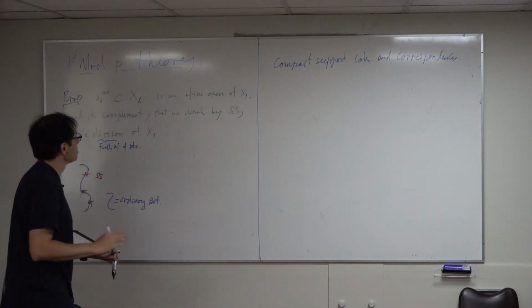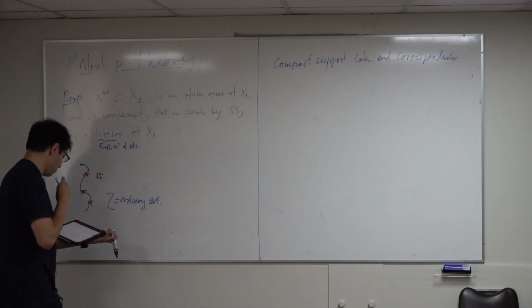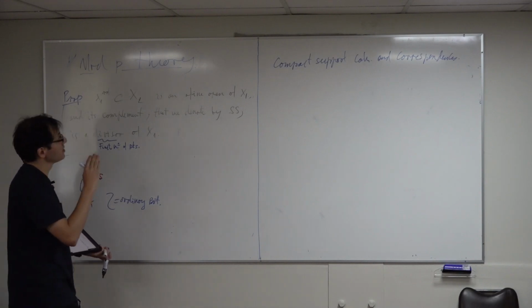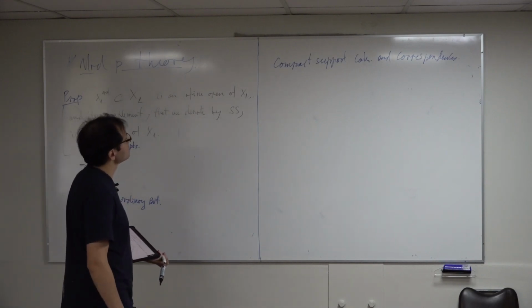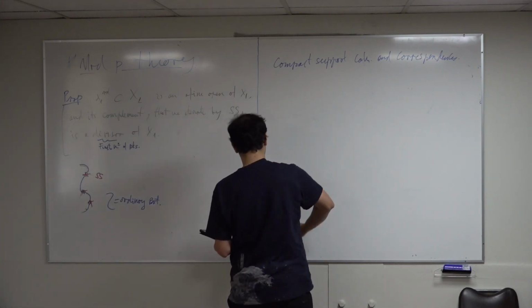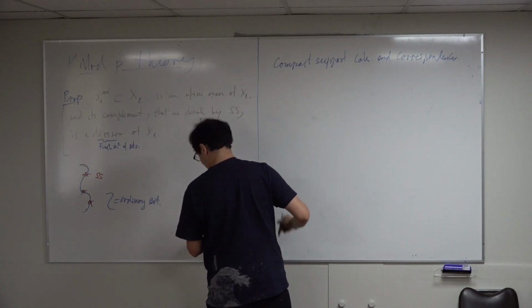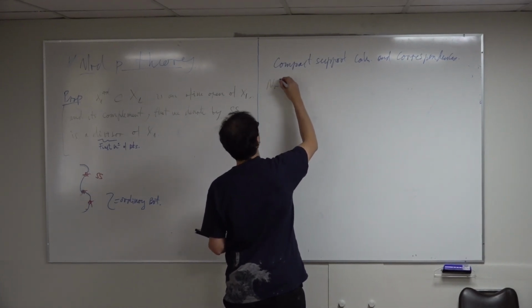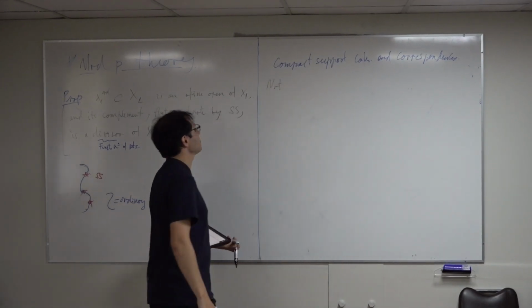We want to define these modules, and in order to do that, we need to consider this compact support cohomology. But this won't be so straightforward. I will explain a little bit. This is something that I mentioned when we talk about the